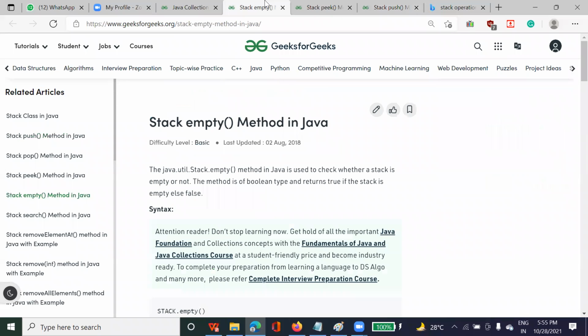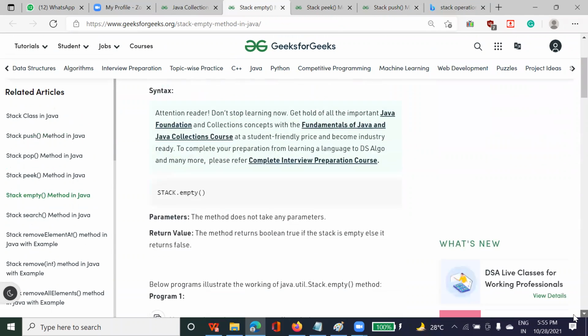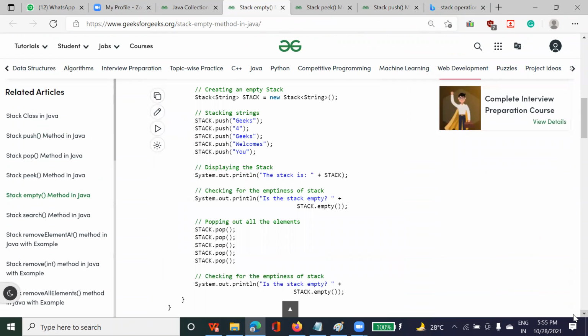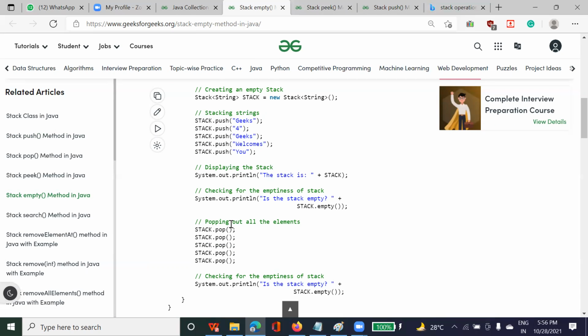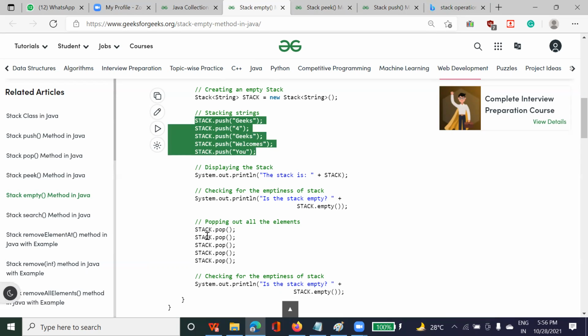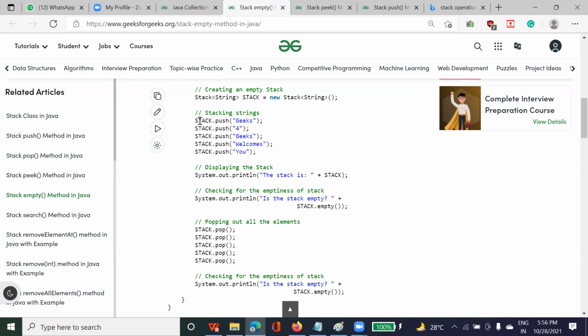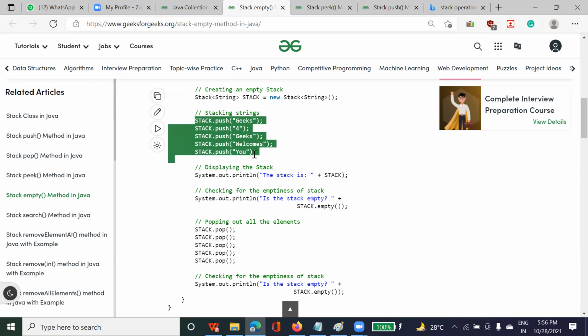What if you want to check whether the stack is empty or not? How are you going to check it? Or suppose you want to clear all the elements, what can you do? You can see here, while pushing we were writing the data, right? But for pop you don't have to pass any data. You just call the pop operation based on the number of data you inserted. Now here you added 5 data, so how many times are you going to call the pop function?